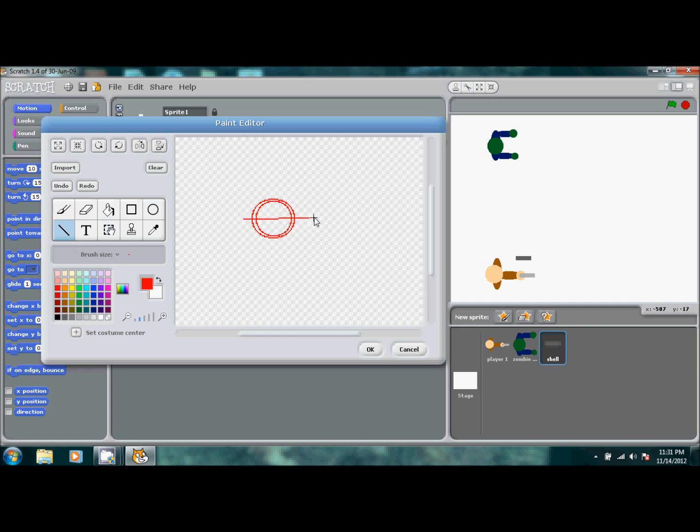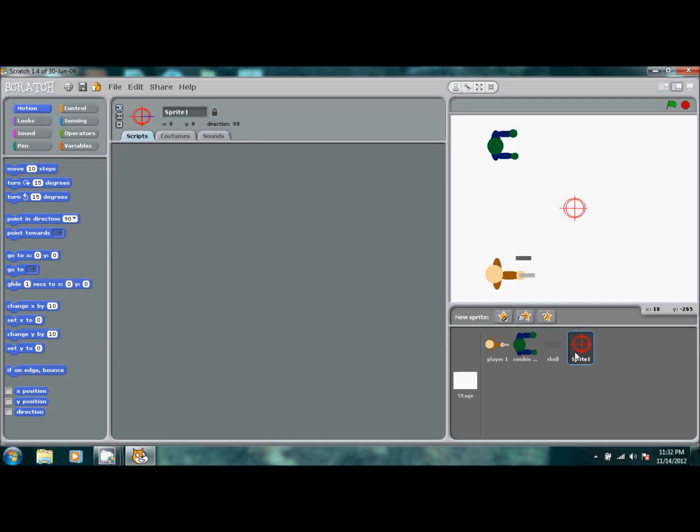And then just do like a cross directly in the middle, defining the center. I know mine's all messed up, but that's only because I'm trying to get through this pretty quickly. Then let's press OK. And then we're going to call this red dot.